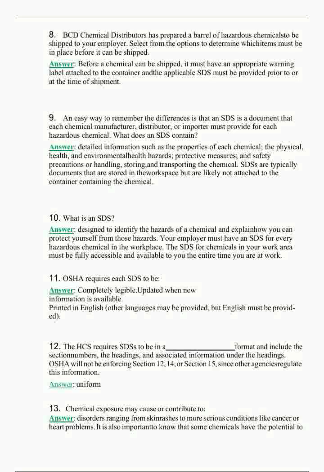Answer: disorders ranging from skin rashes to more serious conditions like cancer or heart problems. It is also important to know that some chemicals have the potential to